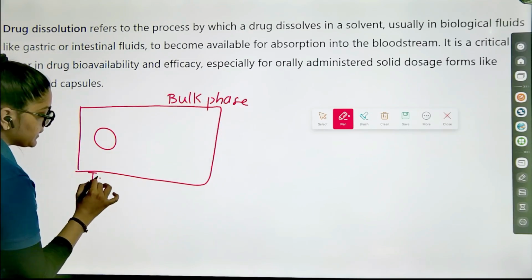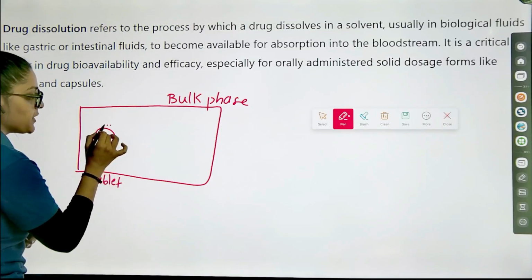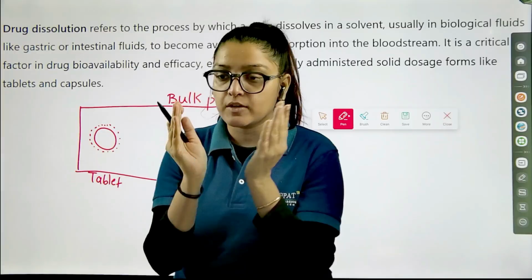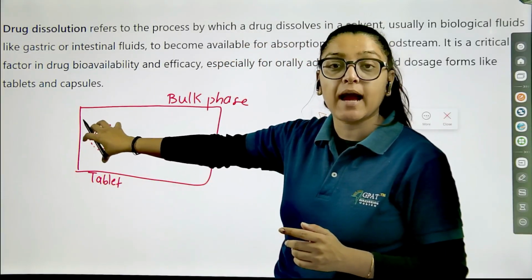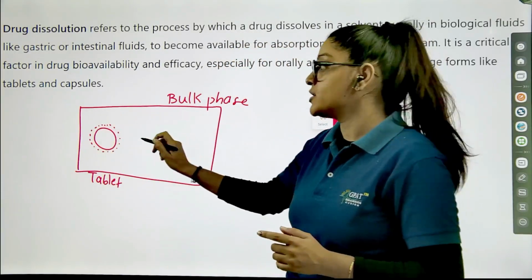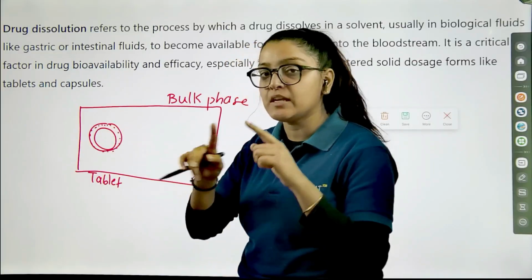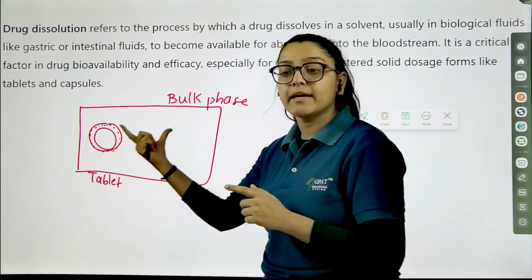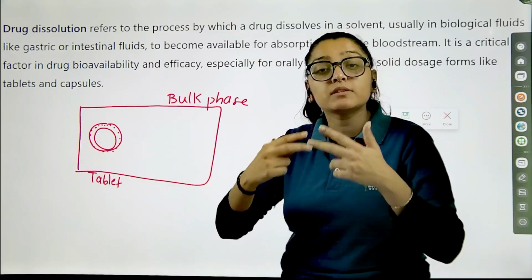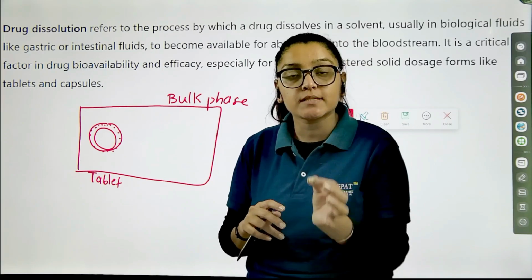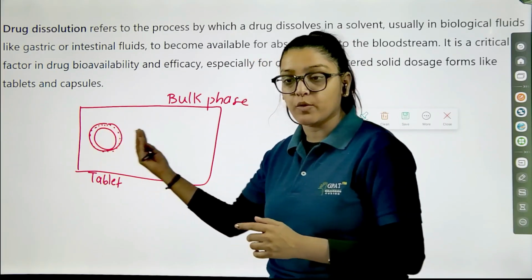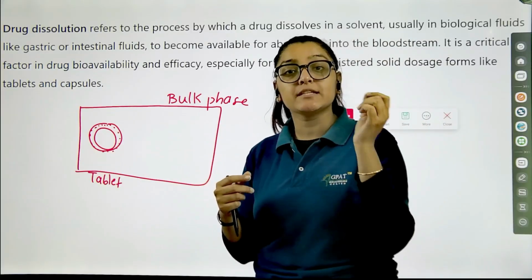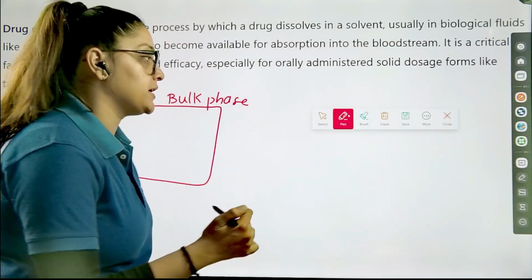So what is happening? It is going to release the drug around the tablet. We say that around the tablet, the concentration of drug is going to be high as compared to the bulk phase. So in this portion, a film or a layer is formed in which the drug concentration is higher as compared to the bulk phase. That in turn develops a concentration gradient due to which the drug is going to move towards the bulk phase. Now this movement towards the bulk phase, this dissolution, is actually governed by an equation which we call as